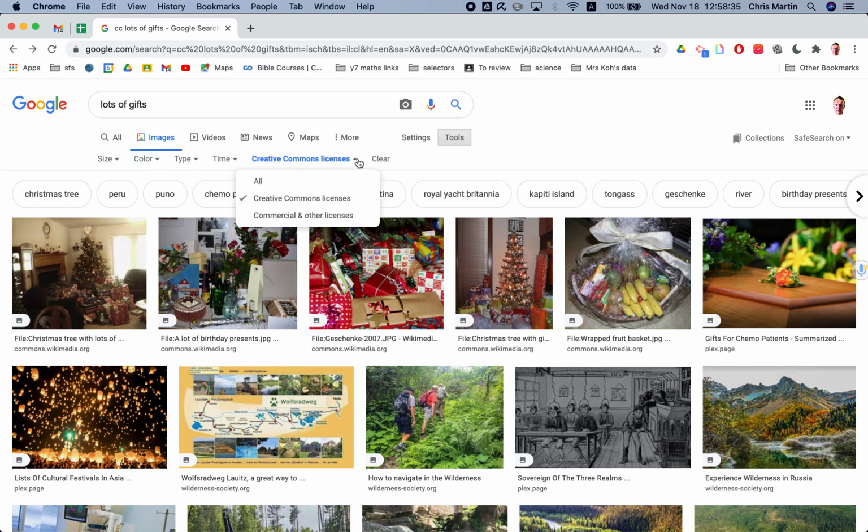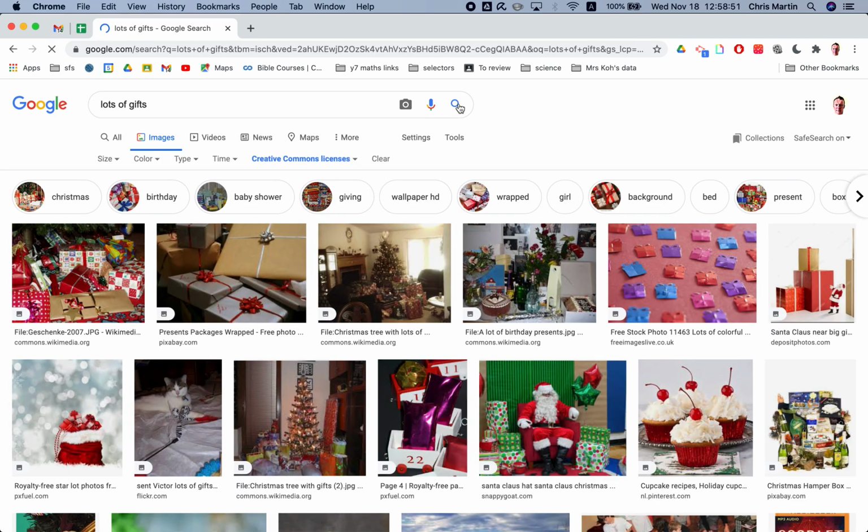You can also choose to have either all or commercial and other licenses or Creative Commons licenses. That means that somebody has taken the picture, but they don't mind you using it as long as it's not for financial gain. And this isn't for financial gain, so all right there. Let's do a search. My search image that comes up, I quite like that free stock picture, so let's click